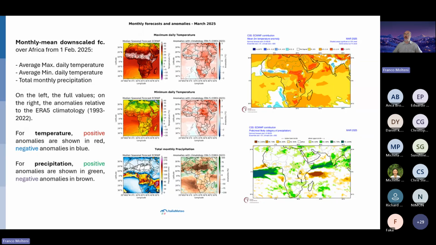Now, one question is, will this improve your forecast? Now, the answer is it will only improve your forecast if the original signal has skill. So this is not a panacea. It has to be remembered. So many people, when you ask, what do you need? What would you like to have from seasonal forecast? In many cases,